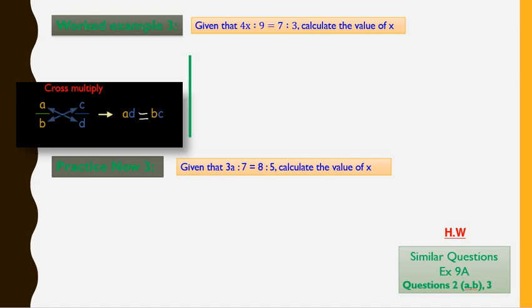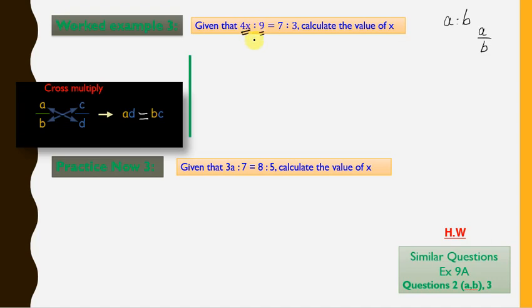Students, today we are going to solve Example 3. When we discussed the concepts of ratio, we discussed earlier that we can write the ratio as A ratio B. And then we also discussed that we can write the ratios in fraction, that is A upon B. Now this is the concept that we are going to use over here. This is our A and this is our B.